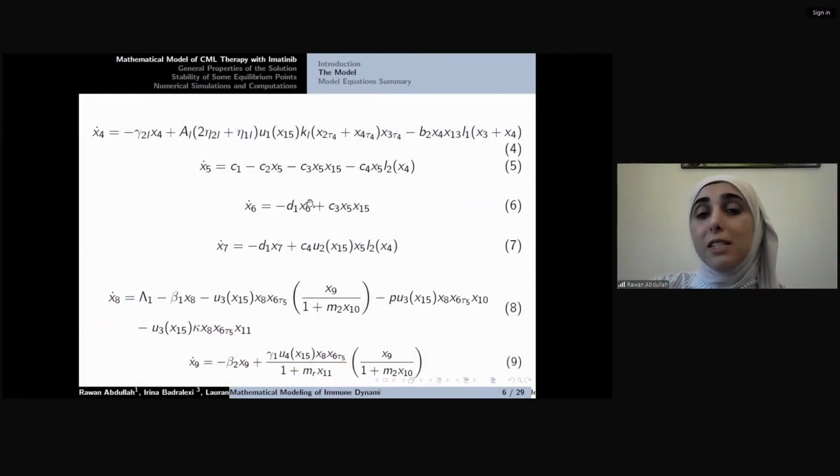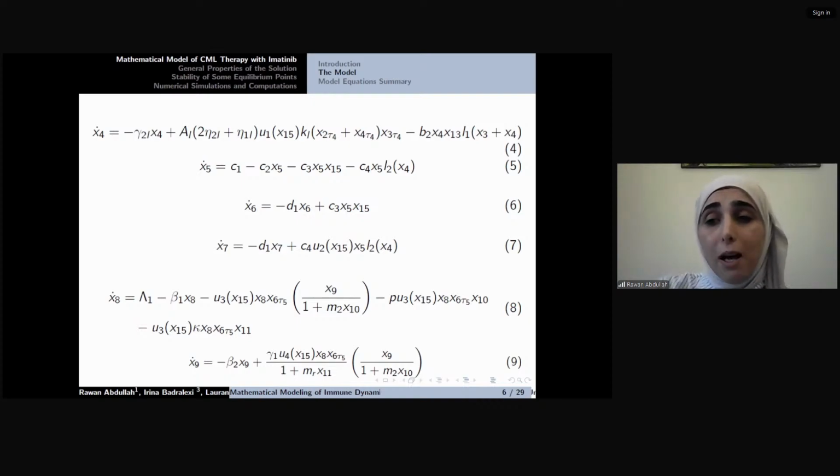The first term represents the degradation rate of mature antigen presenting cells, and the last term represents the activation by antigen induced during the therapy with imatinib. Equation 7 represents the activated antigen presenting cells by the leukemic cells, in which this is the natural degradation rate, and this is the degradation rate due to the activation by leukemic cells. Equation 8 represents the